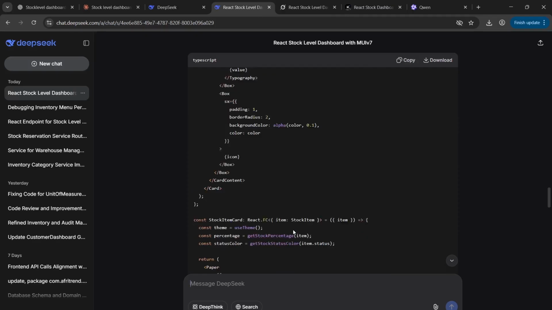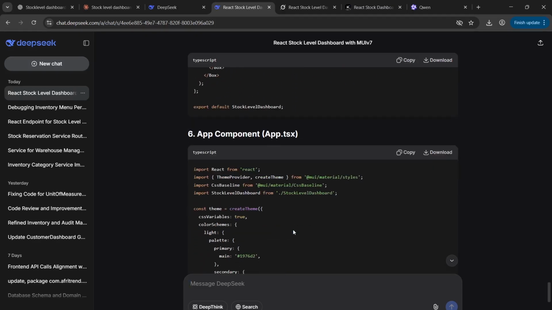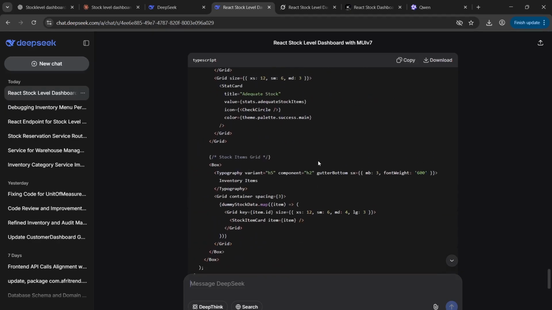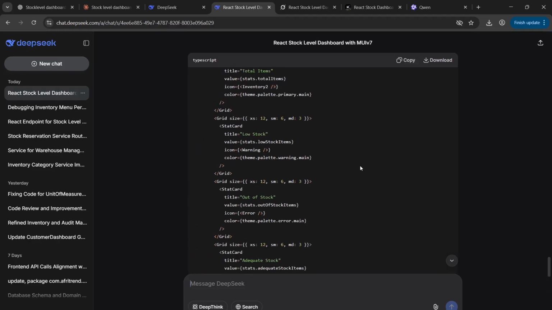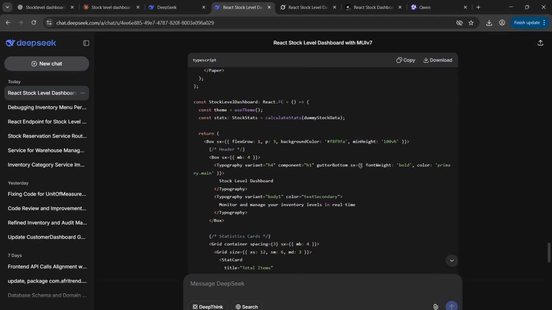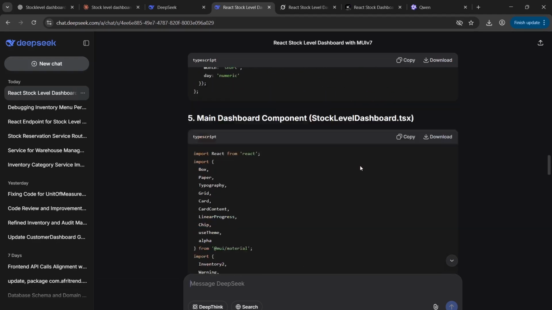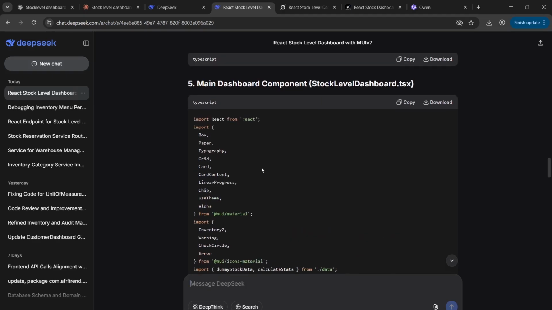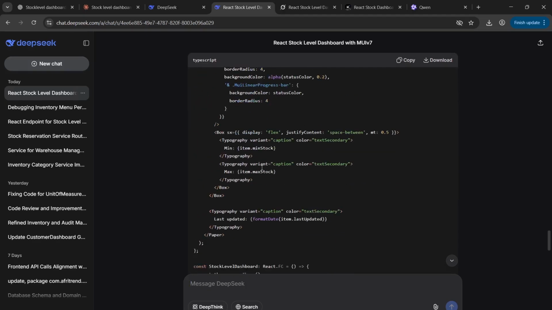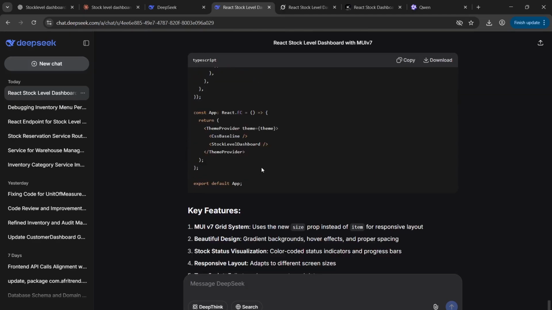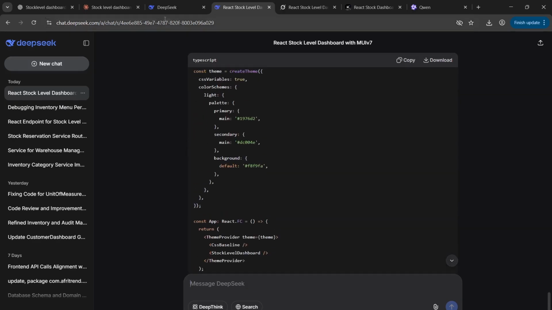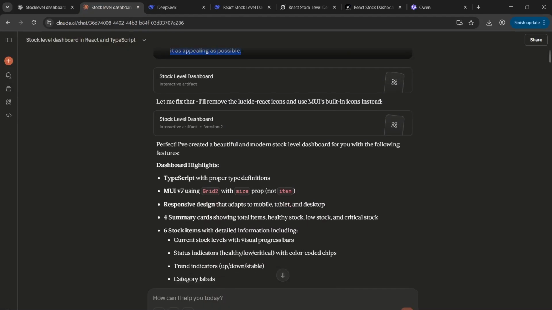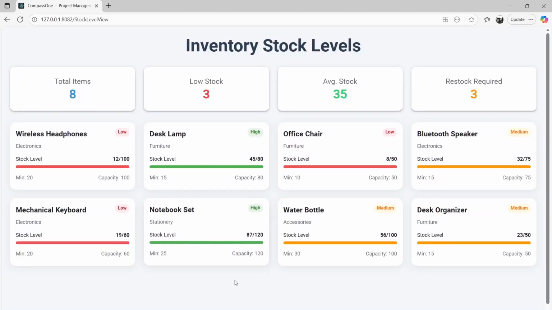DeepSeek, what did DeepSeek do? Component. So I think DeepSeek also has a component. It has created a component. So you see on the import, it's created components there, and types as well, stock items. So it's expecting those. So it means I'll have to do more setup with the components and types so that it can use. But yeah, so like you can see,